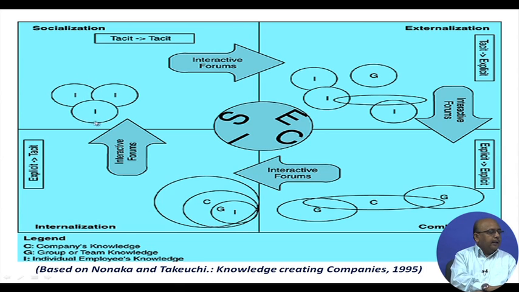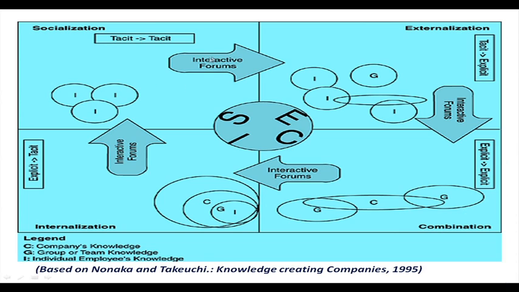Okay. Here, this is based on one individual moving to another individual. So the focus is more on interactive forums, right. If you look at this, it is moving from individuals to group, tacit to explicit. So it is more interactive forums, and here also it is from groups to company. So you are using different kinds of things from company to groups or groups to companies, that is again interactive,